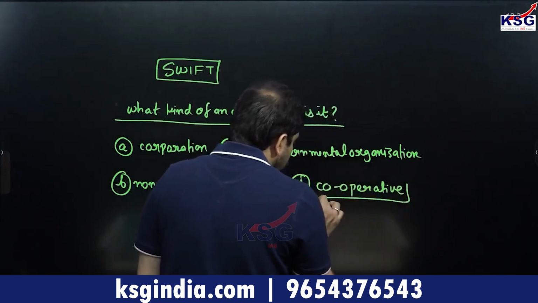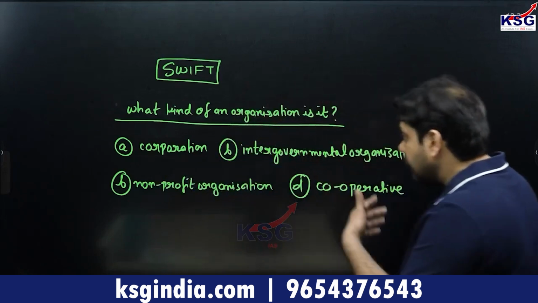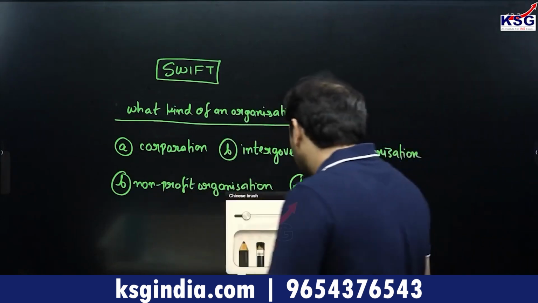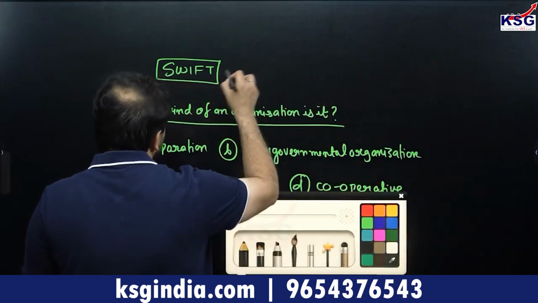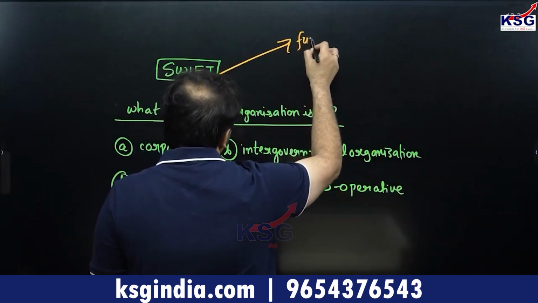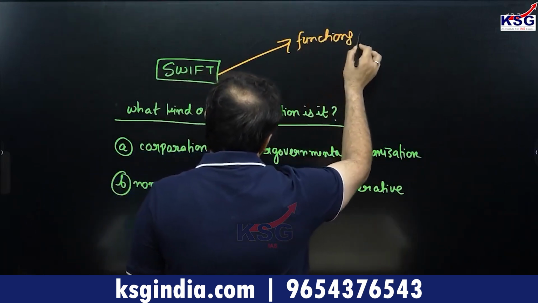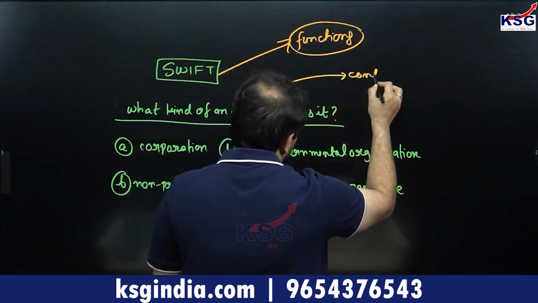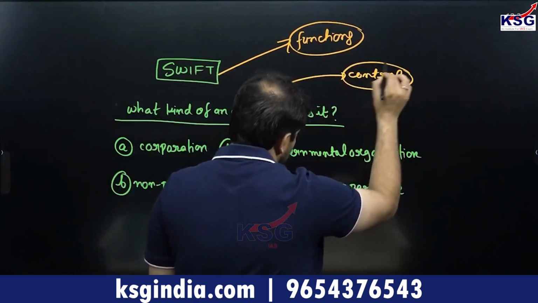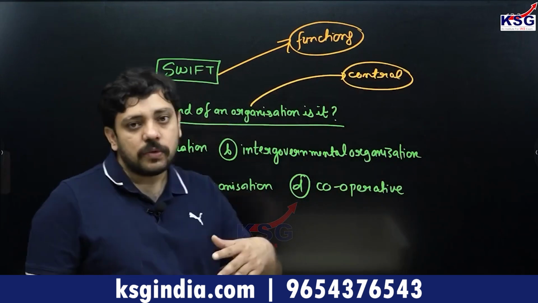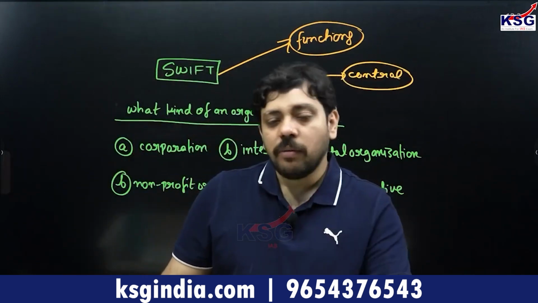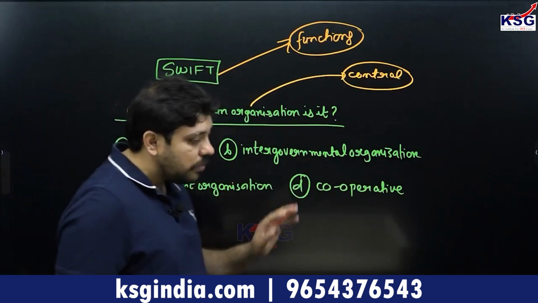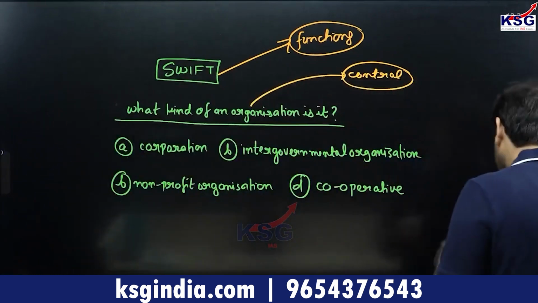Can you give me a sense of what is the correct option among A, B, C, D? If a question comes, what is the nature of the organization? You understand, very simply, the functions of how Swift operates. The idea of Swift is that it is a messaging system, but I want to understand the nature of Swift. That is, how do countries control who becomes a member of Swift or who is expelled from being a member of Swift? That's the question I'm trying to ask. So can you give me a sense of how to pick an option out of these four, please?